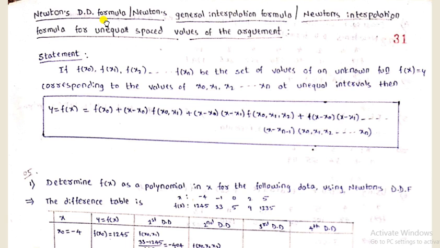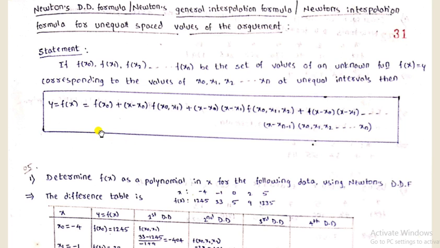Newton's divided difference formula is also called Newton's general interpolation formula, or Newton's interpolation formula for unequally spaced values of the argument. Statement: if f of x0, f of x1, f of x2 and so on up to f of xn are the set of values of an unknown function f of x equal to y, corresponding to the values x0, x1, x2 up to xn at unequal intervals, then